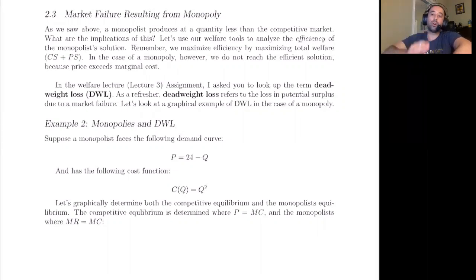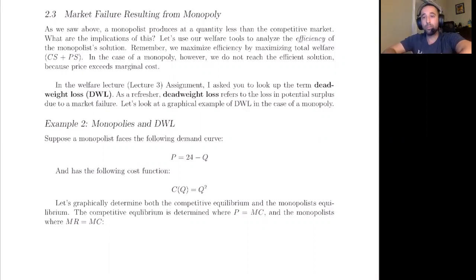If we remember back to our welfare lecture in Lecture 3, we determined that the welfare in a market is the consumer surplus plus the producer surplus. That's the total market surplus. And remember, we maximize the efficiency of a market, the welfare obtained, by solving for the equilibrium where price is equal to marginal cost, because at that point we have the maximum consumer surplus and the maximum producer surplus. We showed that if we deviate just to the right or just to the left of that equilibrium, we don't obtain increases in welfare,